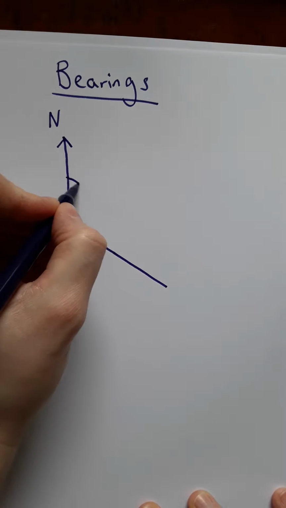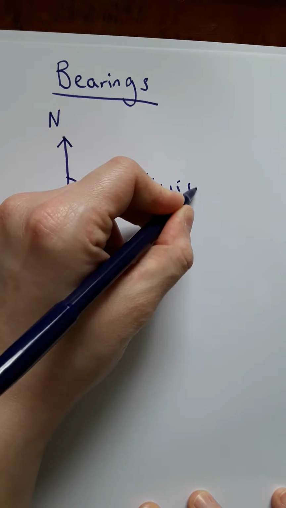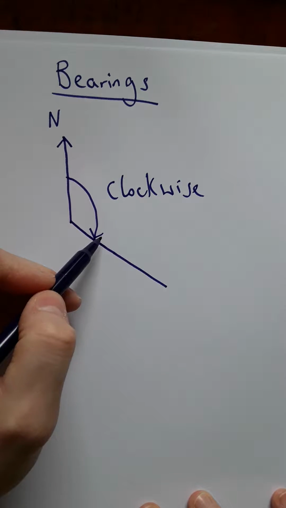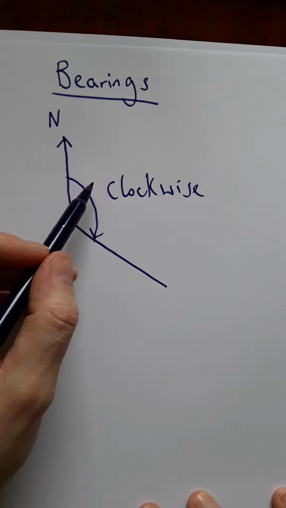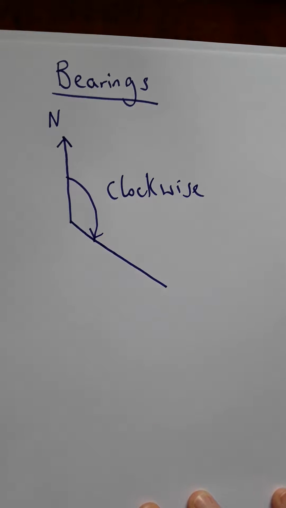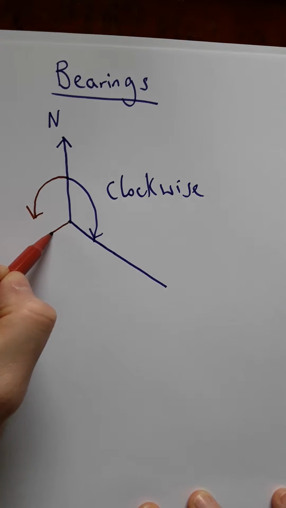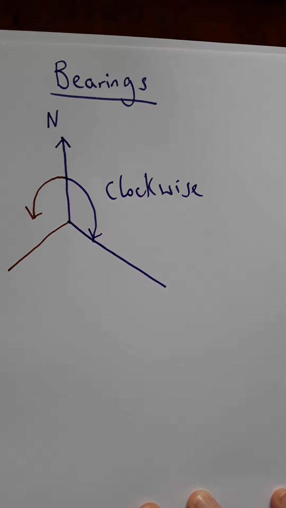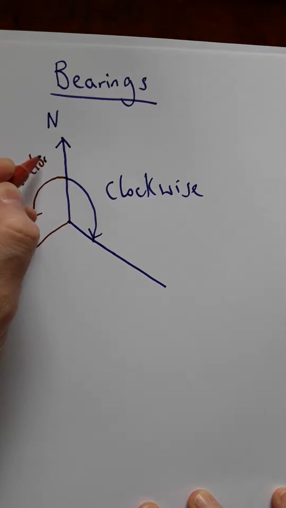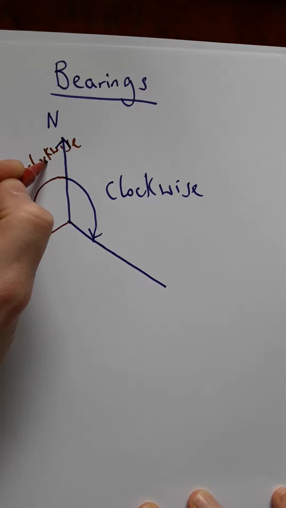Now, the thing is, with a bearing, you always have to travel clockwise, because if you described how far you travelled as a degree or as an angle, but you didn't state which way from north you were turning, you could end up in a completely different area or in a completely different direction to where you were meant to be. So for instance, if we'd gone anti-clockwise, so that means that we're going in the opposite direction to which the clock